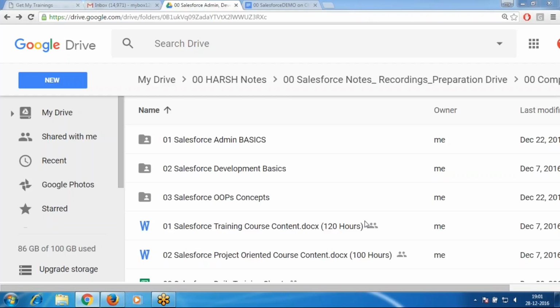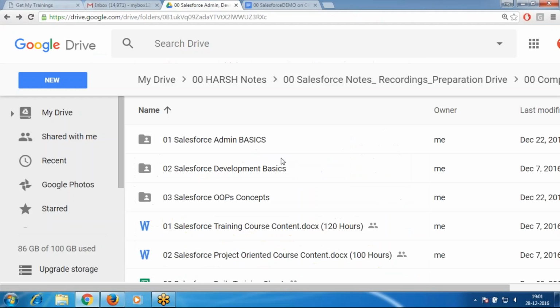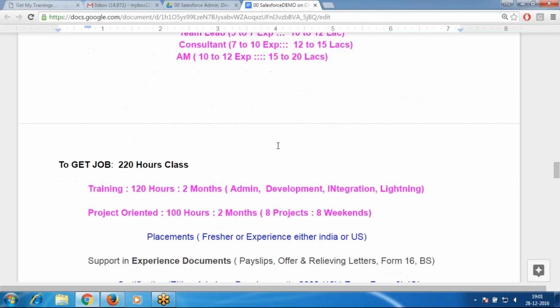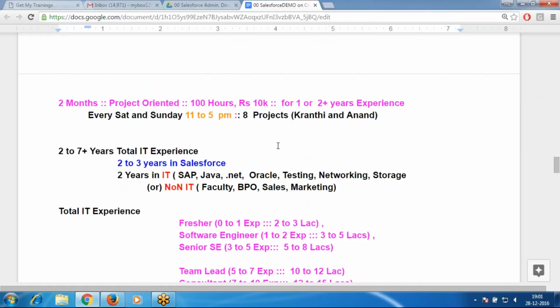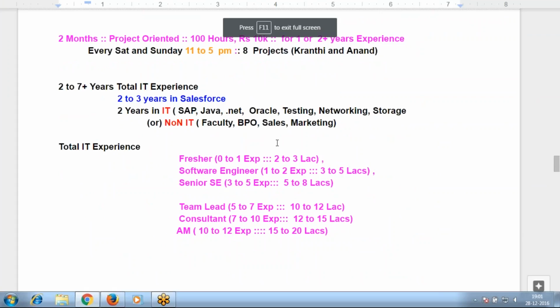Okay. Any doubts? Clear. If you compare with other technologies, we have more demand. Salesforce has the highest demand compared with other technologies. It is purely object programming oriented, database oriented, programming based and web based.